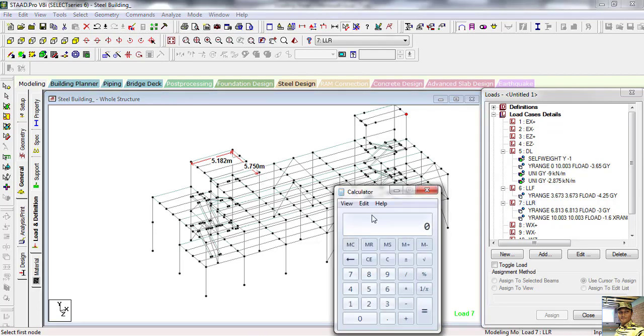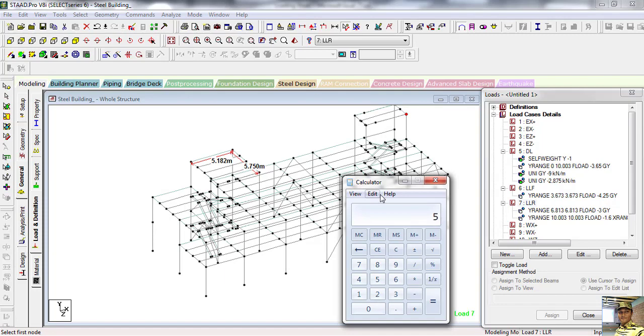So calculate 5.182 multiply by 5.75. Now see 29.79, assume 29.8.